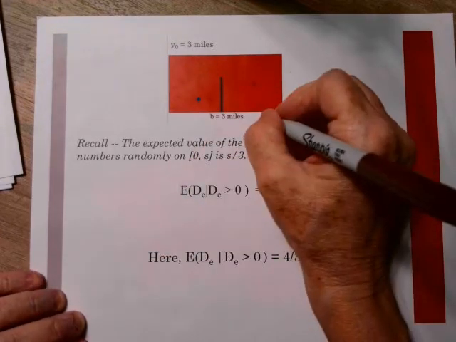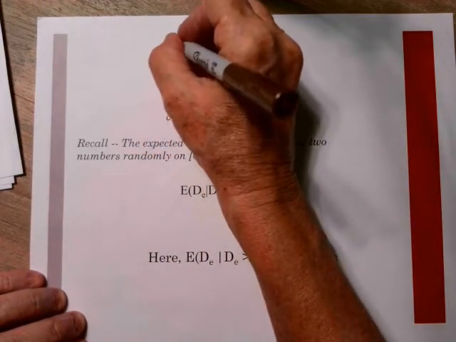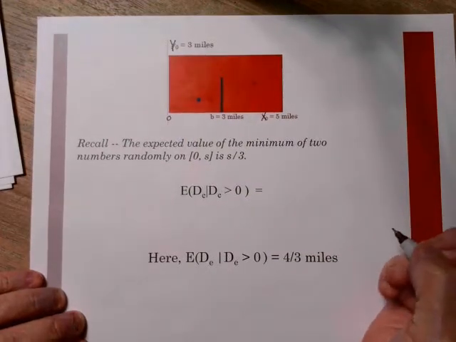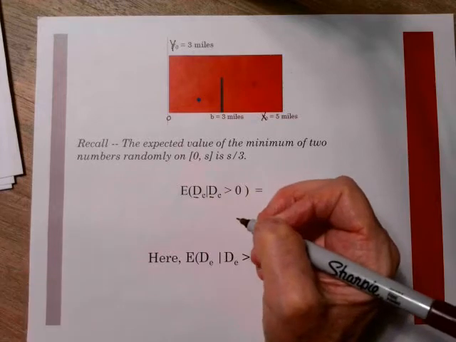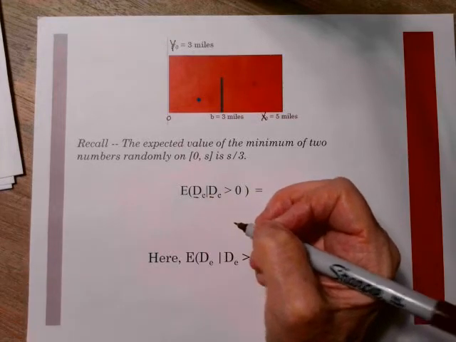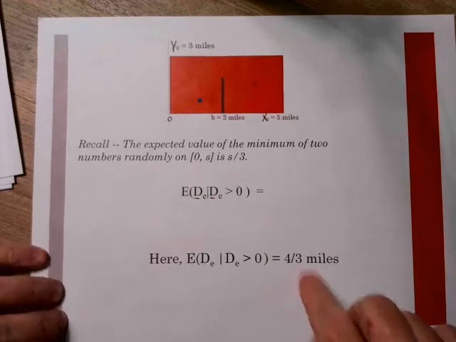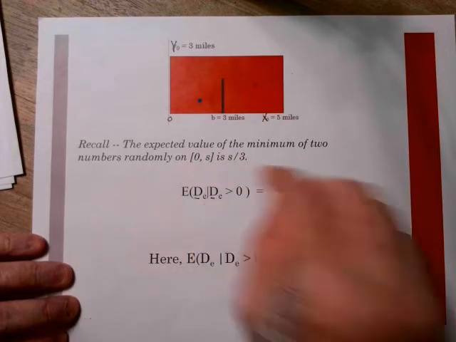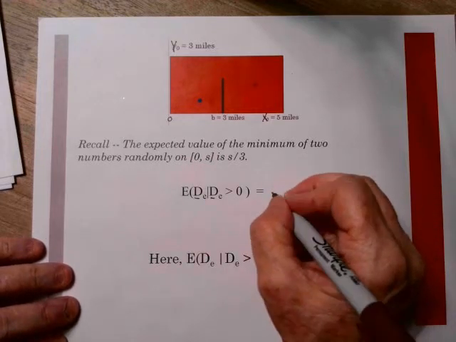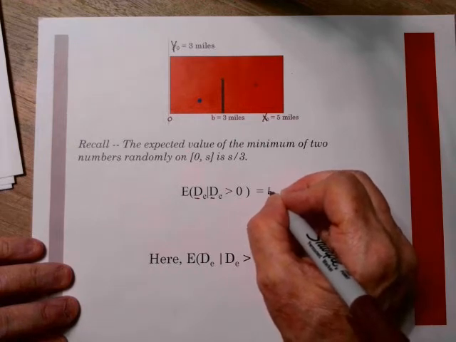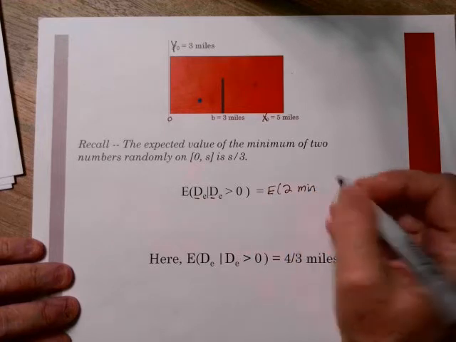For our problem here, when we have x going up to 5 miles, y going up to 3 miles, we know that the extra distance, given that the distance is bigger than 0, is going to end up being 4/3 miles. Why? Because it will be s over 3. We said that this is the same thing as saying that this is the expected value of 2 times, from the previous slide, the minimum of